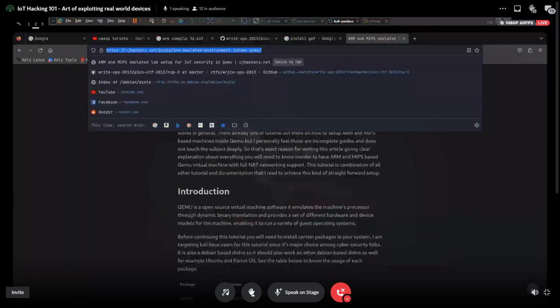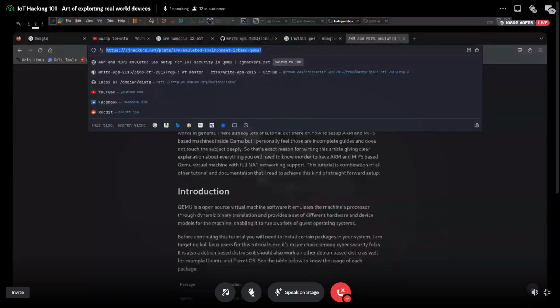Yes, for automation as well, with QEMU especially you can do a lot of scripting, maybe attach debugging stuff. QEMU these days also supports kernel debugging. So if you are doing kernel debugging or device driver debugging, you need QEMU more than the actual device, to be honest. If you want to do those kinds of very low level things, you might end up using QEMU for analysis.